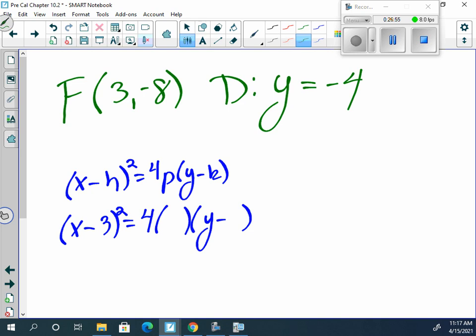Because we know h is 3, not p, because the focus is going to be h comma k plus p. The directrix, so our k minus p is equal to, and our k plus p is equal to,